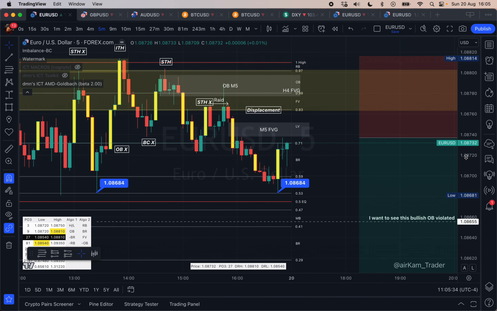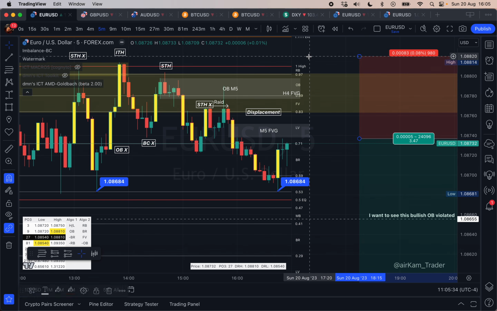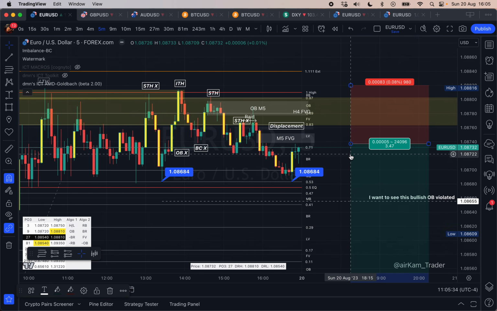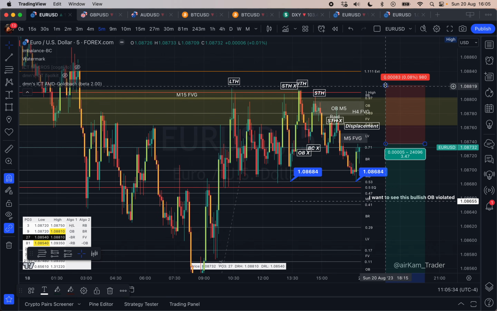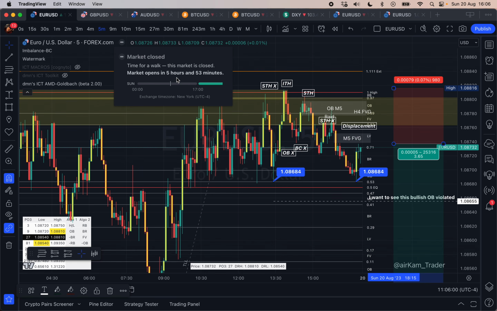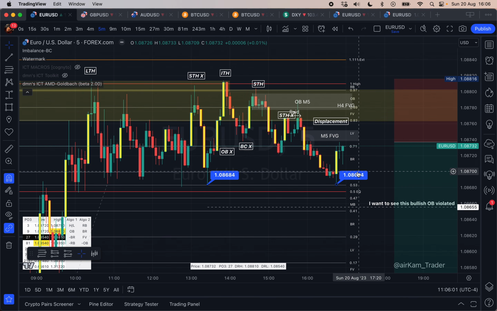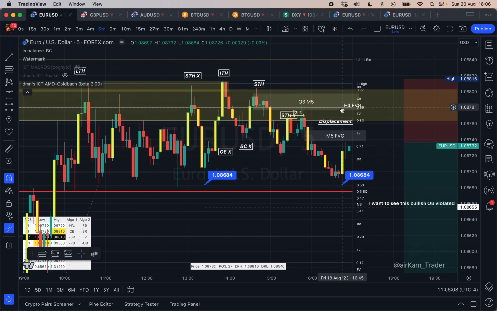Now, normally my entry would be this. It would be something funky, like maybe this, potentially this. But as it's Sunday, when the market's open and there might be some volatility and brokers like messing with you, I'm just going to put it at this long-term high. And as soon as the market opens after my workout, I'm going short, baby. This is real institutional order flow combined with the Goldbach levels. Hit me up if you want more info, but people aren't going to tell you this kind of stuff.